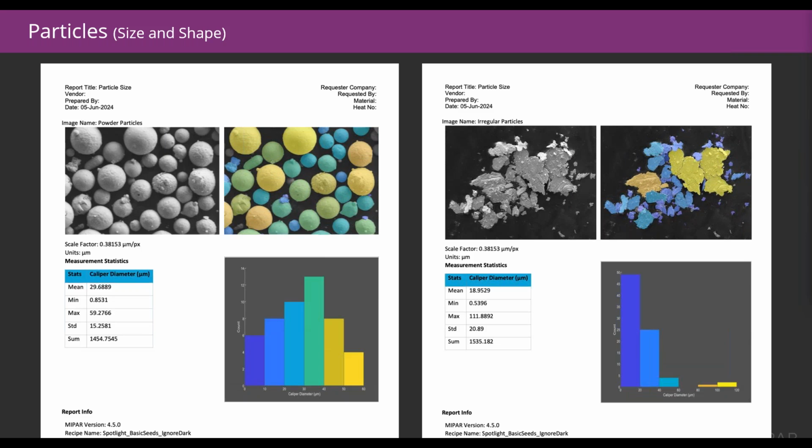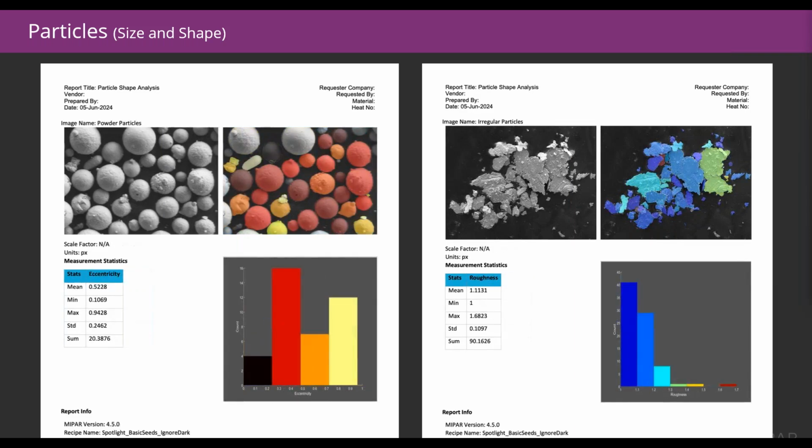Again, here the particles are colored by size with the distributions plotted and stats reported. And as mentioned earlier, shape distributions can be extracted as well. Things like eccentricity on the left, which is somewhat of a normalized aspect ratio. 0 in this case would represent a perfect circle and 1 a straight line. And on the right-hand side, roughness, which is sort of a measure of